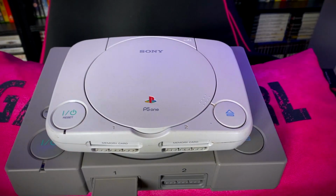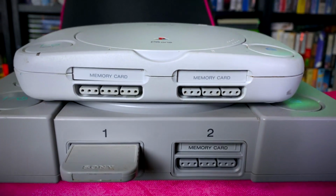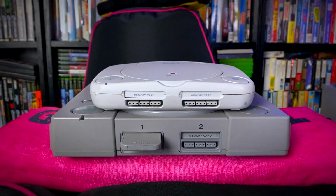But it's just remarkable. And I think we all remember when we got our first PlayStation console, this one right here. And following on from that, in the not too distant future from the release of the PlayStation, we had this little thing, the PlayStation Slim. Much smaller, much more compact, much lighter, slight variation in colour as it kind of stepped away from that musty slate grey to more white tinges. I actually prefer the OG PlayStation console,